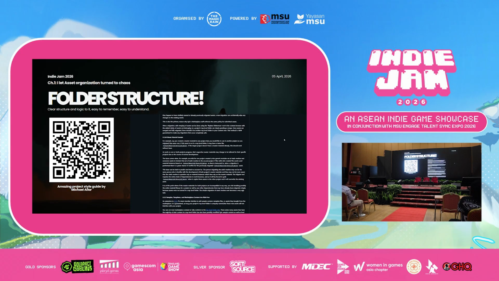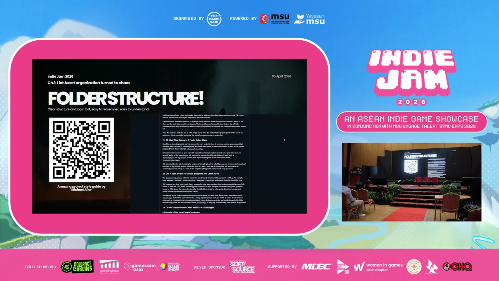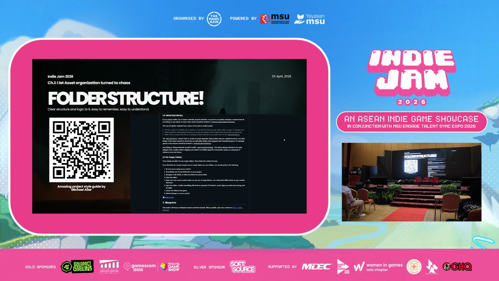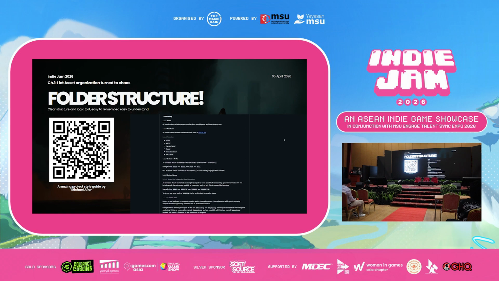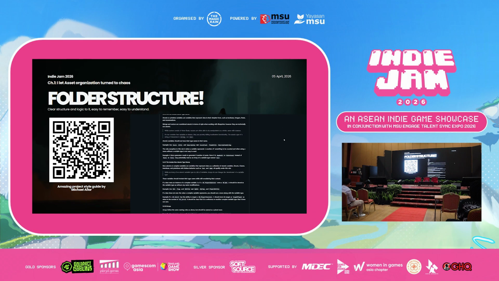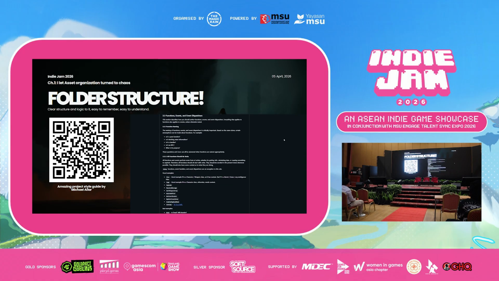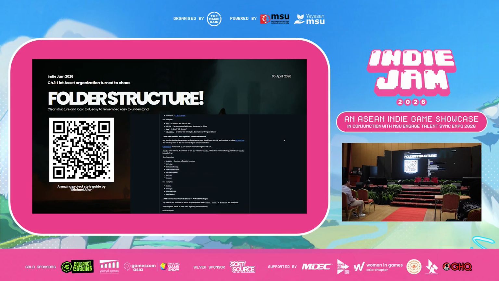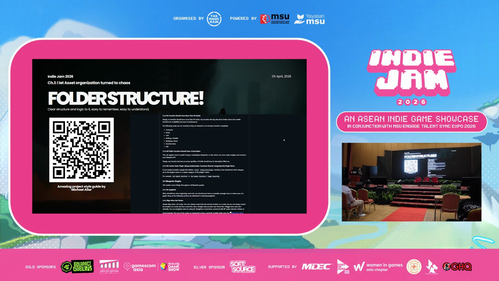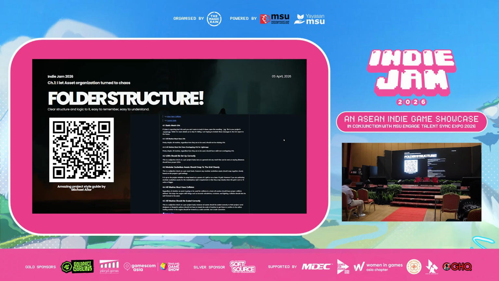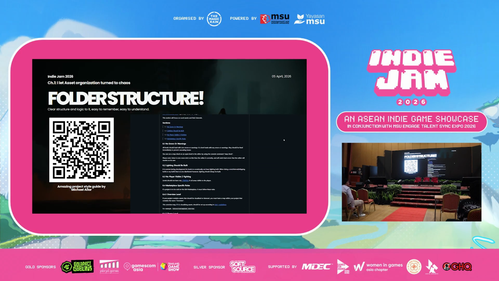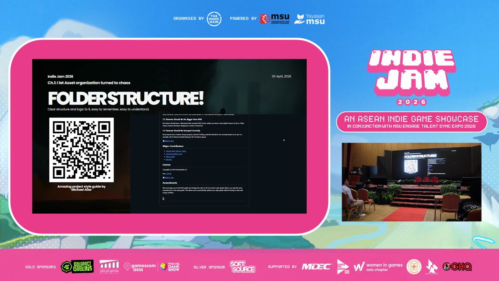And then I found out about this amazing guy called Michael Allar, feel free to scan the QR code. He created a base Unreal project setup with all of the naming conventions and all of the folder structure, and he also explained why you shouldn't have a folder called texture, a folder called mesh, a folder called shader, because you need to force the team to name things properly. So if I want to look for a mesh, I just need to type SM, for example, for static mesh. Or if I want a master material, I just type M underscore